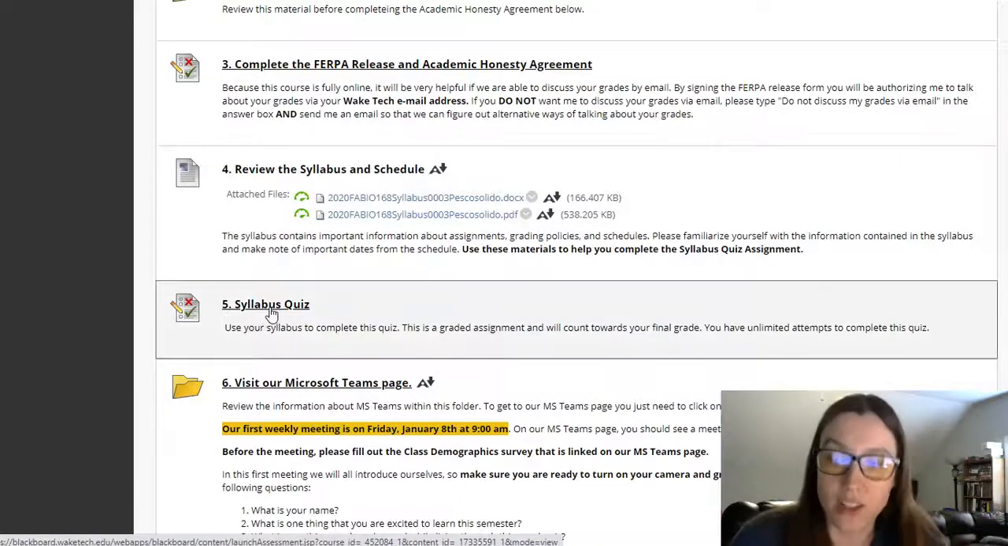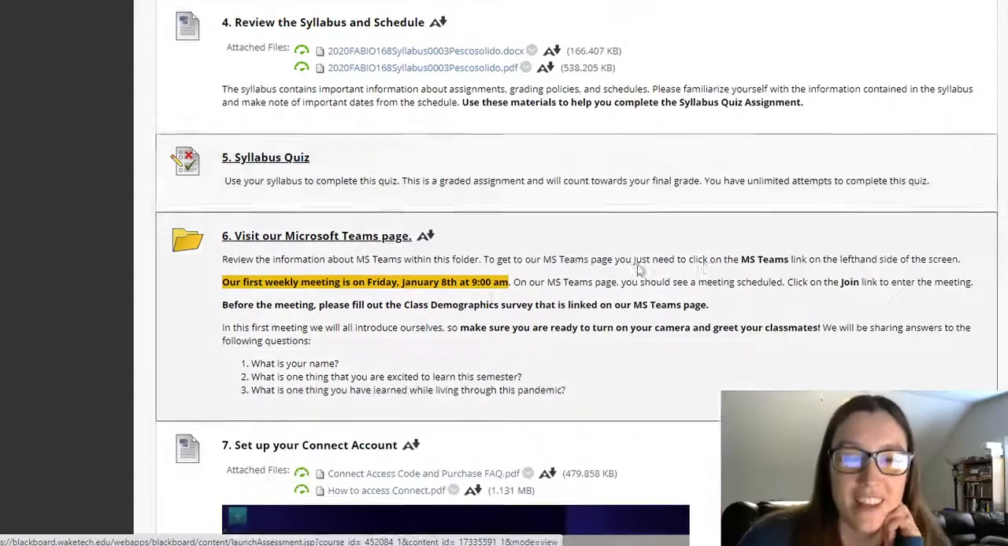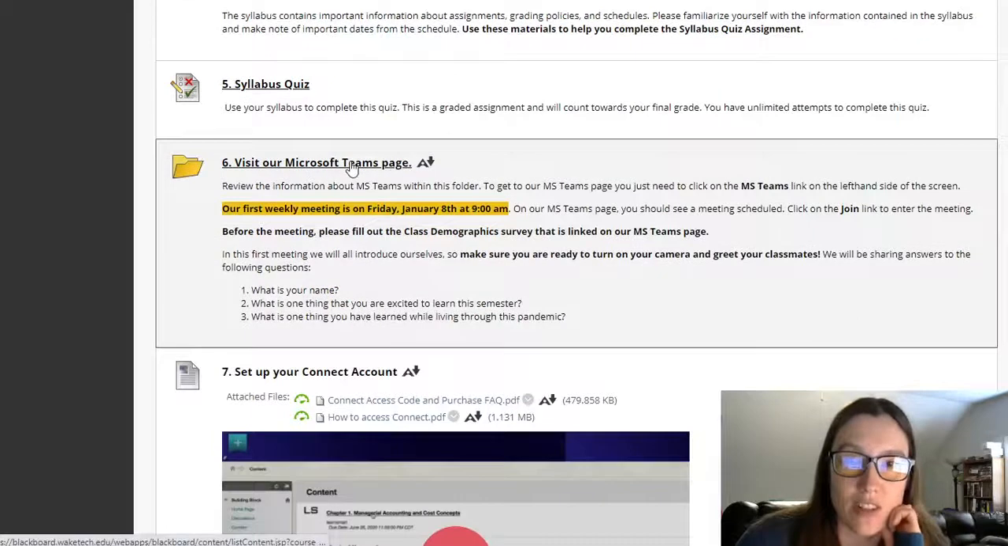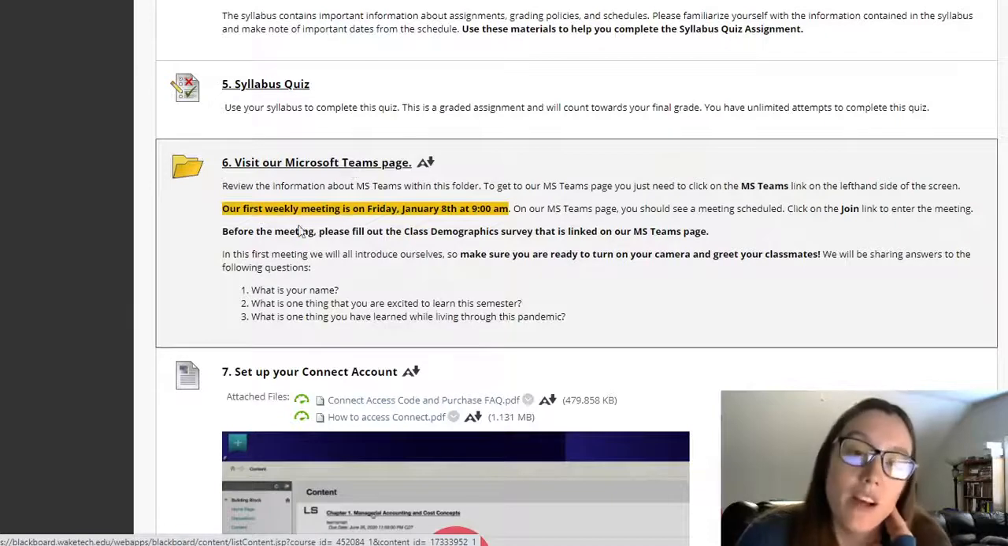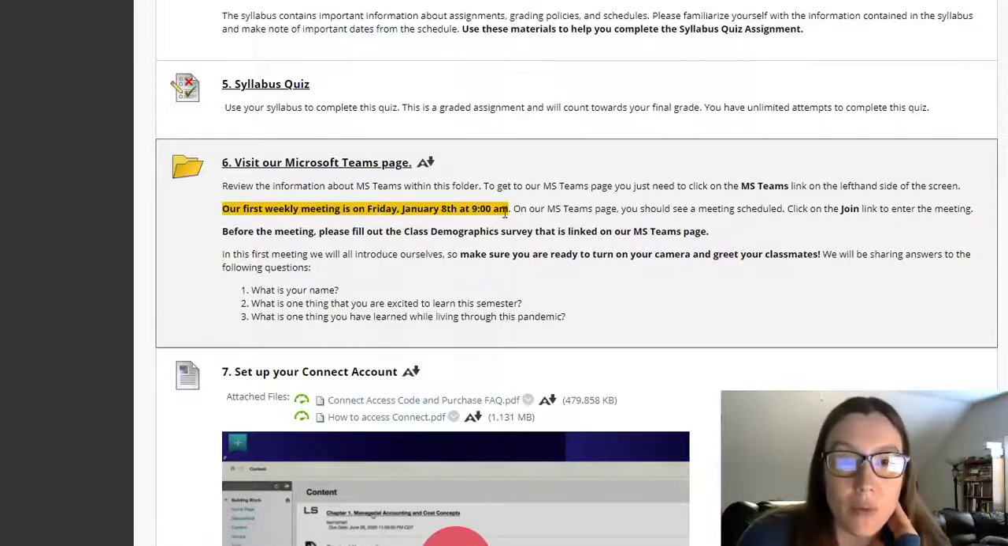So to make sure that they've actually looked at it and that they've reviewed it a little bit. After that, I have information on Microsoft Teams. Because this is a synchronous online course and we're meeting using Teams, they're going to have to be using Microsoft Teams pretty often. I do have highlighted here our first weekly meeting, the date and the time for that